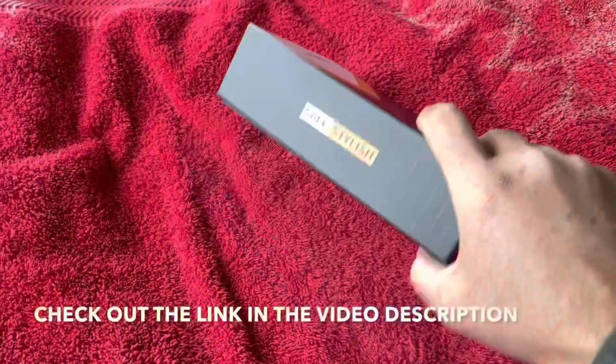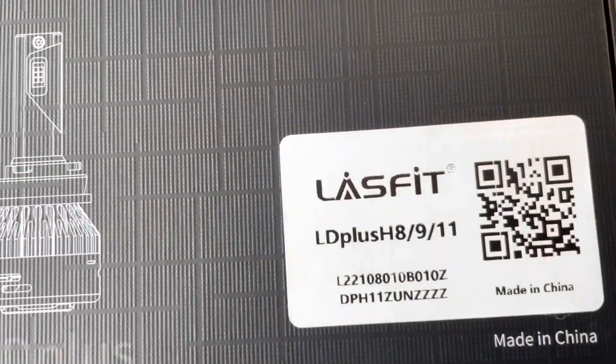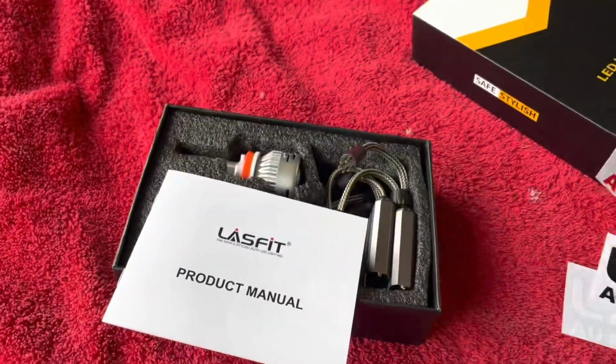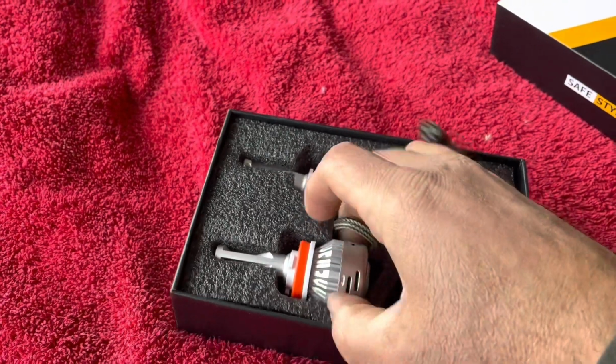Alright guys, these are your bulbs. These are the specs, and you need an H8. That's the bulb for the fog lights. It comes with some stickers and instructions. And these are the bulbs themselves,